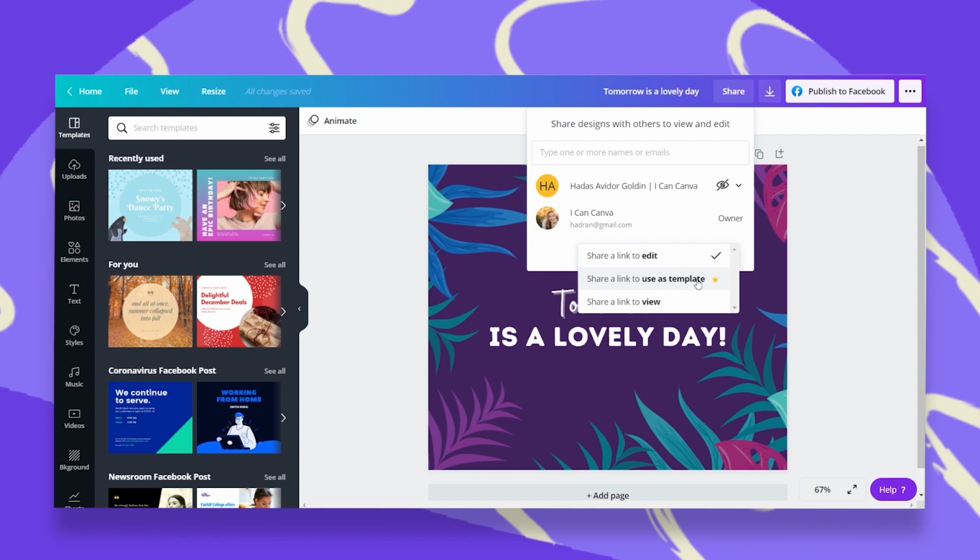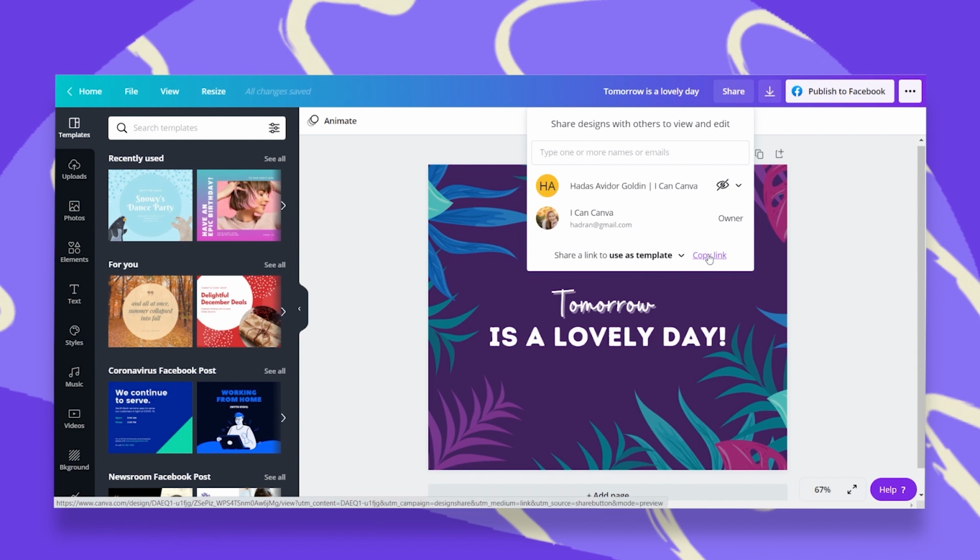Share a link to use as template and share a link to view. What we want to pick is share a link to use as template. As you can see, you have this little crown that indicates that this is a pro feature. Once I click on that, I can do two things. One is copy the link and share it with anyone I'd like. Another option is to just click the name of my team member or their email, and then this will be